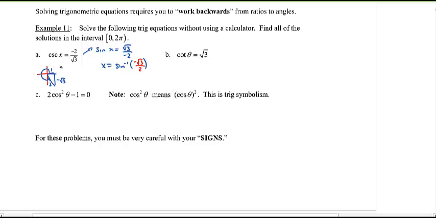We know that this is a 30, 60, 90 triangle. And because our answers are in radians, I should write this as pi over 3. So one of our answers here, x equals 2 pi, which is the full rotation, minus that pi over 3, would be 5 pi over 3. Ding! That works. If you leave it as one answer, that doesn't work,